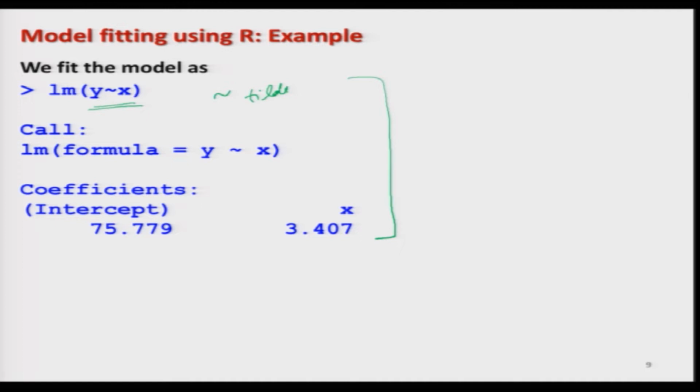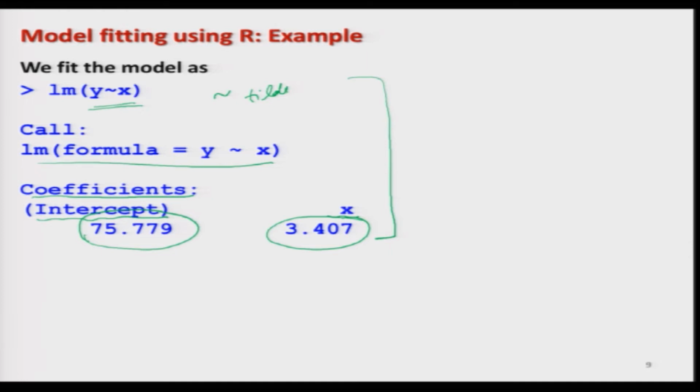So the first line will give you the formula which we have used, then we have a column here, coefficients, and then it is giving you the intercept term, and it is giving you here the value of x. So your job is basically to know what these values 75.779 and 3.407 are. Right, this is your basic objective and this is your job. Now